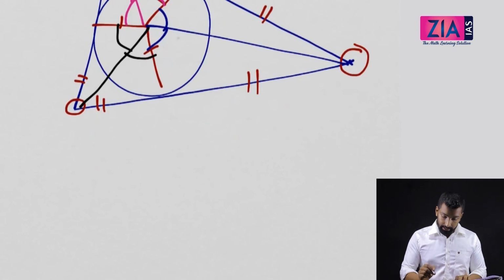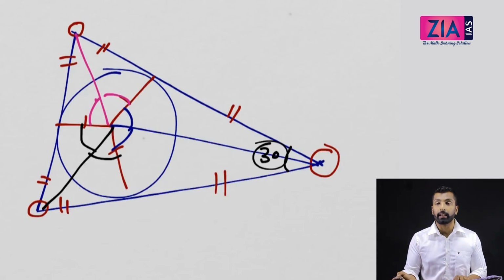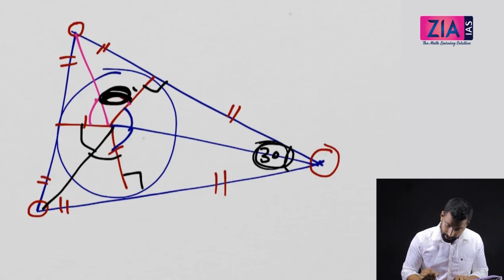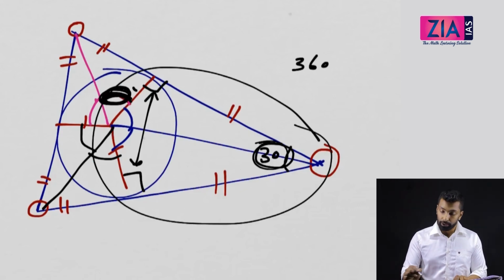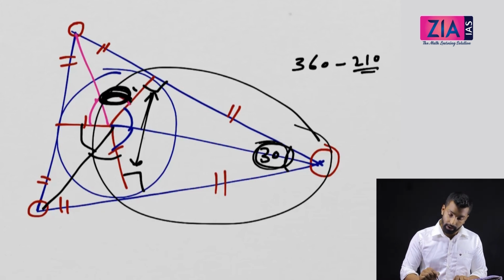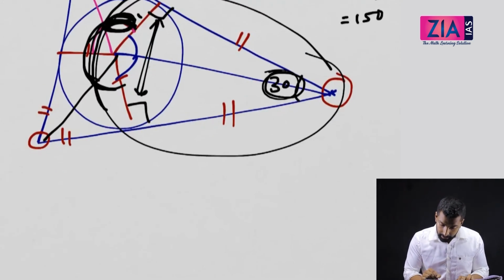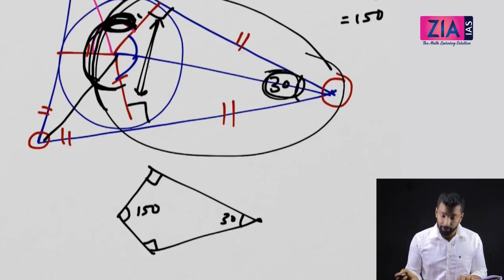Now if I give you a question like this, if I am giving an angle, just this angle, let's suppose 30. This is 30 which is given, and you know this is 90 and this is 90. So these two together is 180, and this kite completely, if you take, that is 360. So 360 minus 210. Why 210? These two are 180 and 30. So you get 150. I hope you understood this, right? So from that, how will you find? This is given 30, we know this is 90, we know this is 90, so you got this as 150.